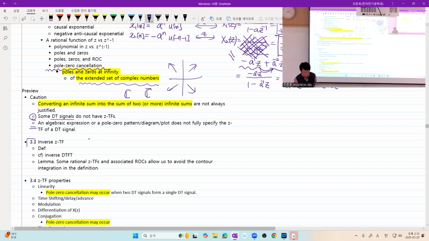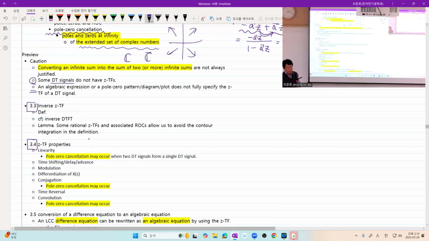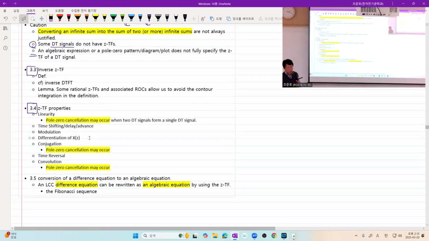And here goes the preview about next sections. We will cover inverse Z transform, which I introduced the definition last time, and some Z transform properties like linearity, time shifting, modulation, differentiation, conjugation, and so on. And even though I may not be able to cover this part,